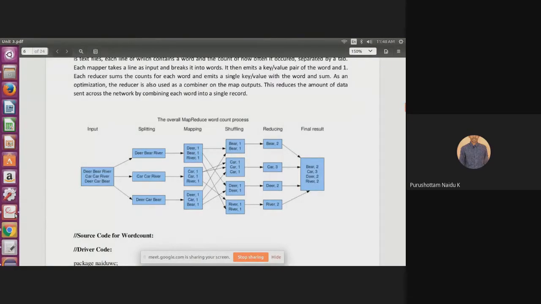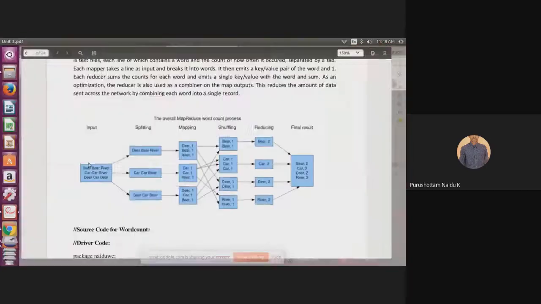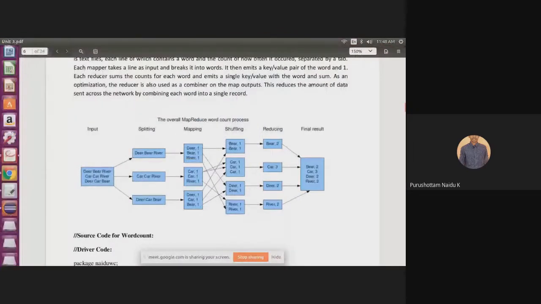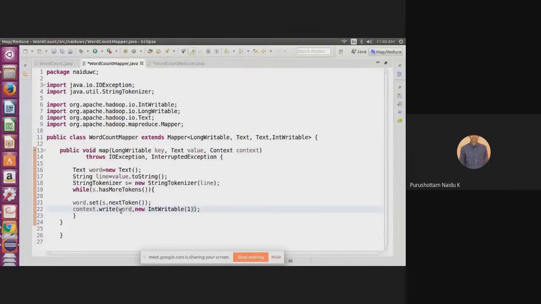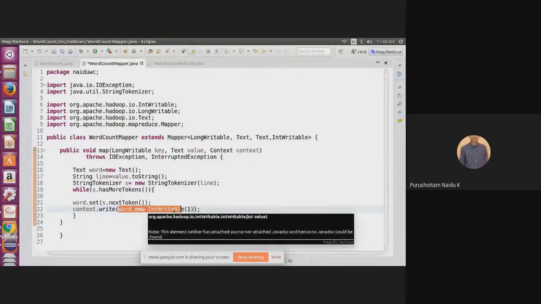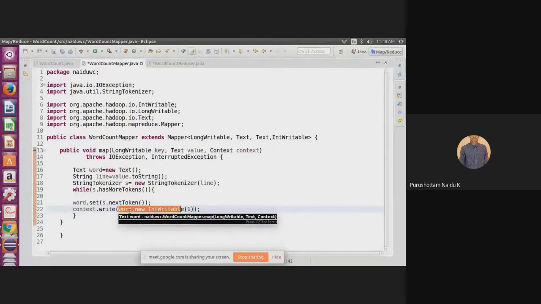So now we write word comma new IntWritable of 1. Now this is the mapper output. The mapper output is token comma 1, that is deer comma 1, beer comma 1, river comma 1.